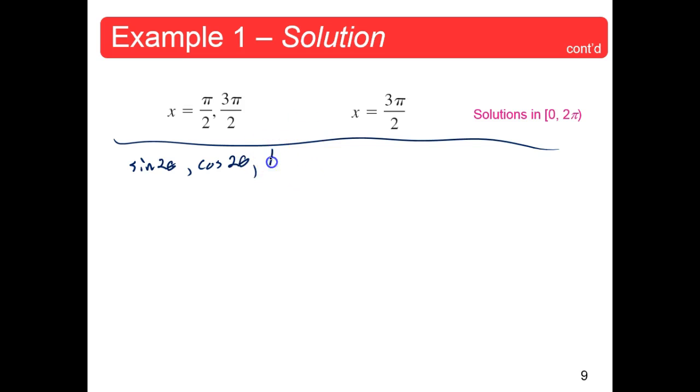And tangent of 2 theta. Okay? And here's what they're going to tell you. Cosine theta is equal to 5/13. And we're also going to be sure we keep theta in between 3 halves pi